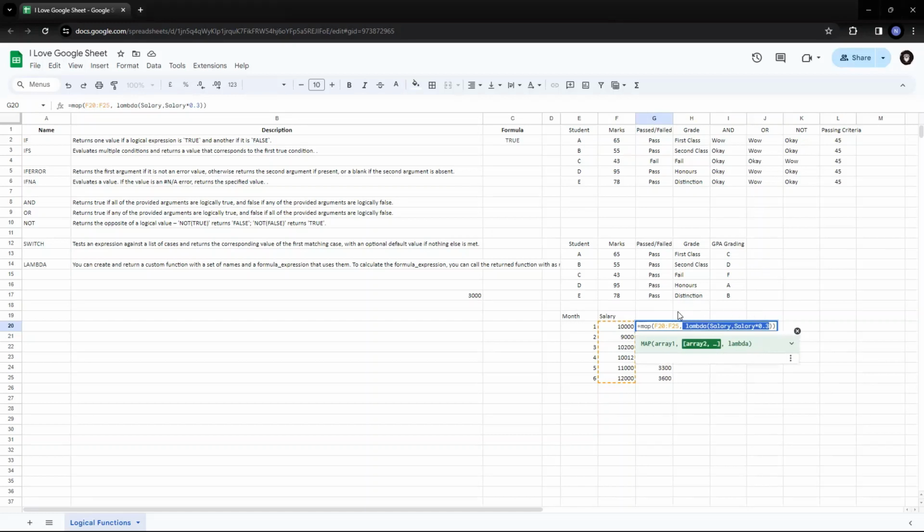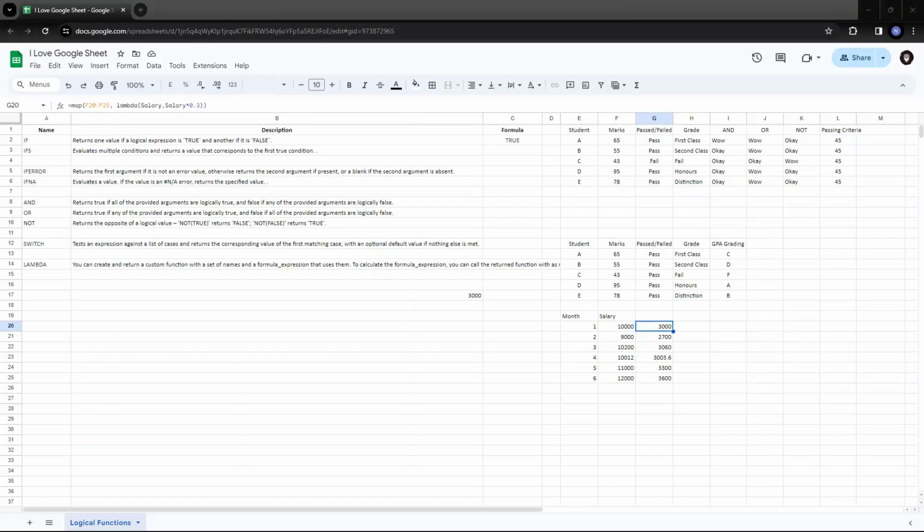So map is one of the helper functions that you can use, as I said, along with Lambda, to get a better or faster output, or probably you write one formula and get maximum output. Same way as map, you have reduce, by col, by row, scan, and make array. So these are some of the helper functions that you can use along with Lambda. But there are few things that you need to be very careful of. There are some common errors